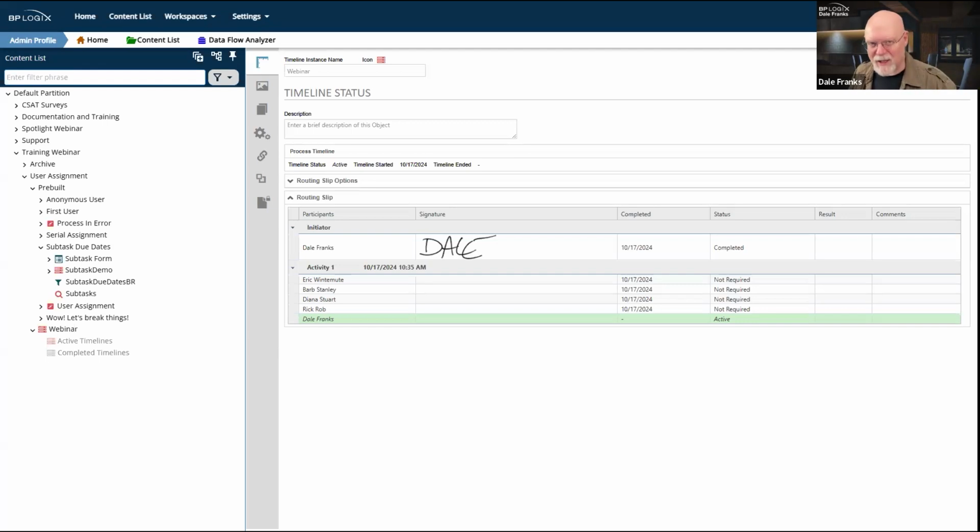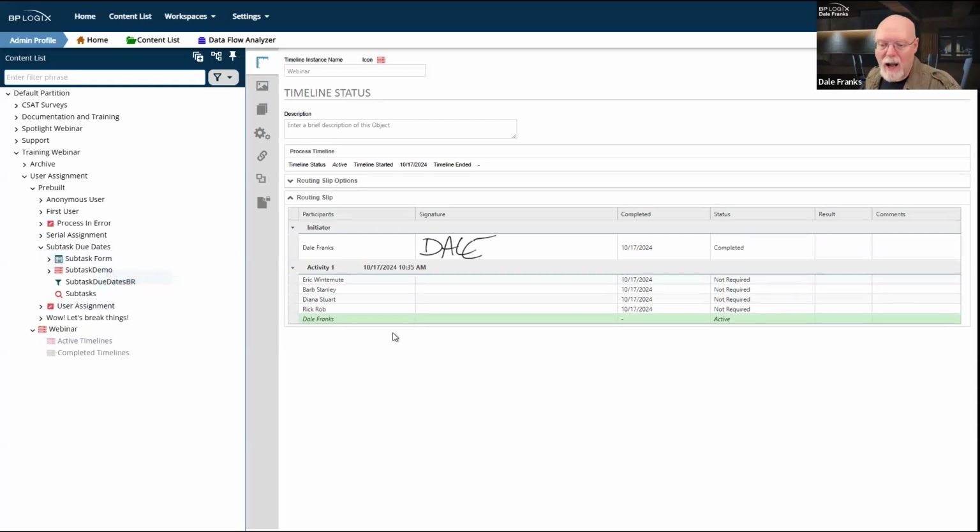It just says at the top of the page, you've completed your task, or your task has been completed, or whatever the verbiage happens to be. I don't remember it in detail off the top of my head, but you get that message, and that's what they'll get if they try to click on their assignment notification. So they open up their email an hour later and it says, oh, I've been assigned a task, and they click on it and it just says, nope, sorry, that task has been completed. You're no longer required in that task. And then they can go on about their day.